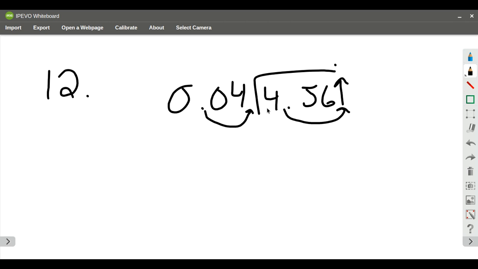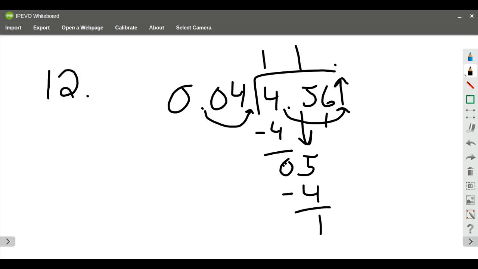Then I look at how many times 4 goes into 456. 4 is going to go into 4 1 time, and that becomes 4. I'm going to subtract. I have 0 left over. I bring down the 5. 4 goes into 5 1 time. That becomes 4. I'm going to subtract. I have 1 left over. I bring down the 6. 4 goes into 16 4 times. That's 16. I have 0 left over. So my answer is going to be